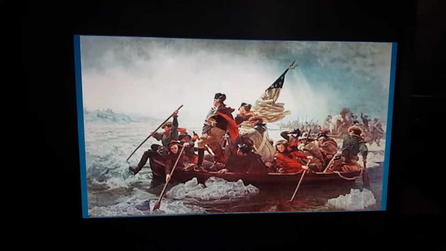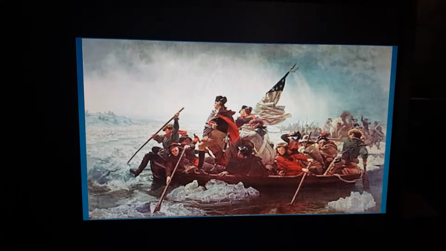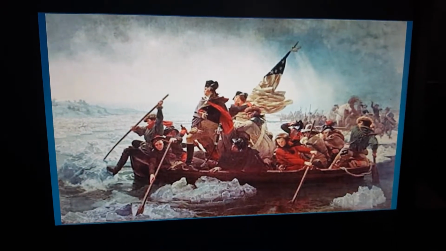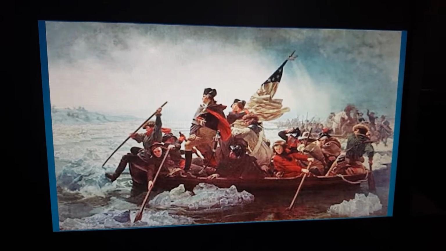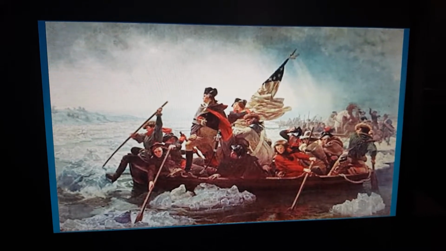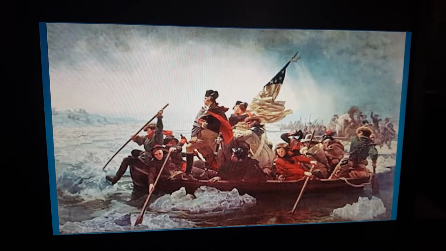So the first thing to start, this is probably one of the most famous pictures of the Battle of Trenton. If you could take a look right in the middle, who do you think that guy might be? If you guessed George Washington, you are correct. He is the commander of the Continental Army at this point during the Revolutionary War. Some other things you may notice about this picture is the American flag,